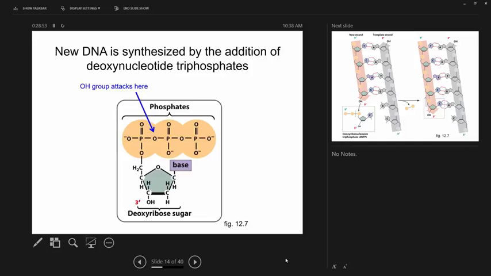That releases some energy, and then it will spontaneously decay into two inorganic phosphates when this bond breaks, which releases an absolute ton of energy. That's the energy that drives DNA synthesis. It's built into the deoxynucleotide triphosphates during their synthesis by burning ATP, and then the energy added by having three phosphates on there is released in a big way during DNA synthesis, and that's what drives the reaction